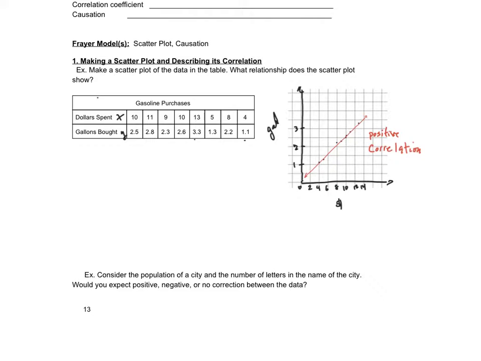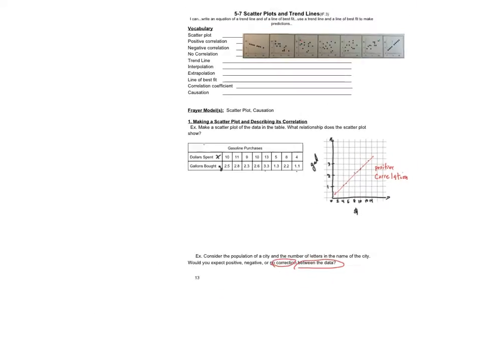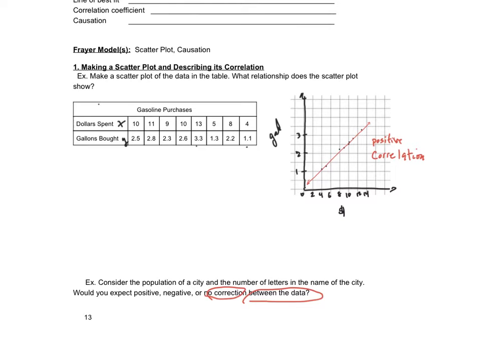Now consider the population of a city and the number of letters in the name of the city, and would you expect it to have a positive relationship, a negative relationship, or no relationship? And I would say that the number of letters in a city and the population are pretty much not related. So I'd say there's no connection right there. So no correlation. And that's part of looking at the relationship and the causation